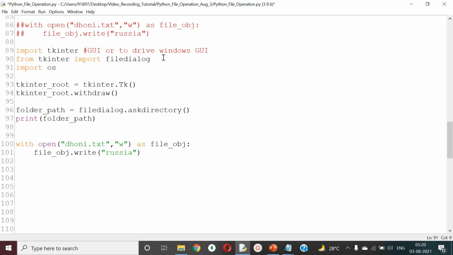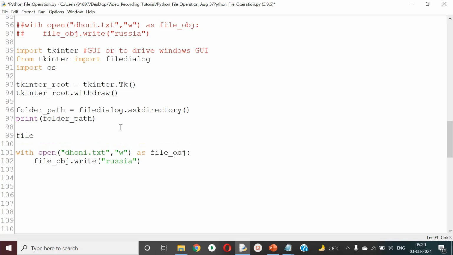What is it going to do? It is going to do all the operating system related activity: writing a file, making a directory, deleting a directory, copying a file, changing a file from one to another. So this kind of process this will do. Import os. I imported this additional library to merge your path with your file. Look at this.